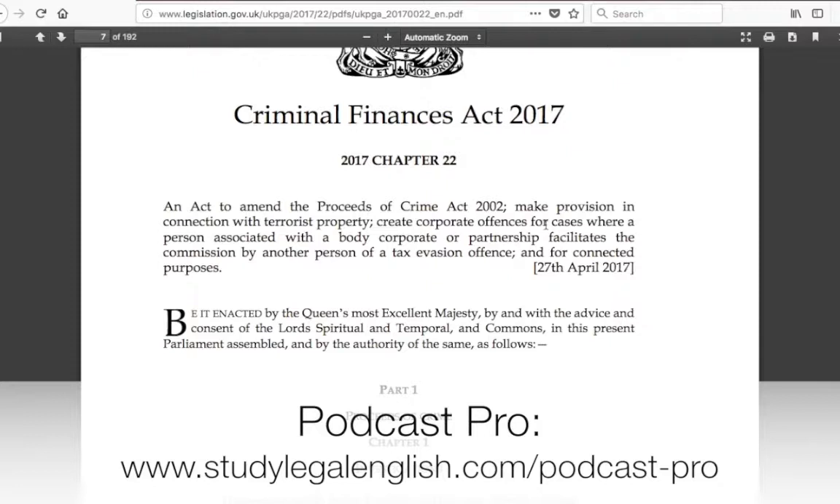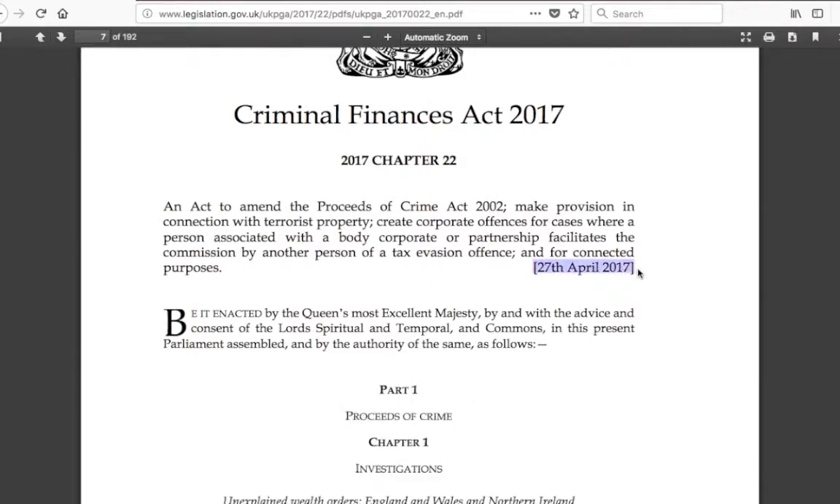Moving on, this section is followed by the date of royal assent. This is the date when the monarch, the Queen, said yes to approve the bill, which had already passed through the previous legislative stages in Parliament, passing through the House of Commons and the House of Lords, being read, debated and voted on. Here we can see that the date of royal assent is the 27th of April